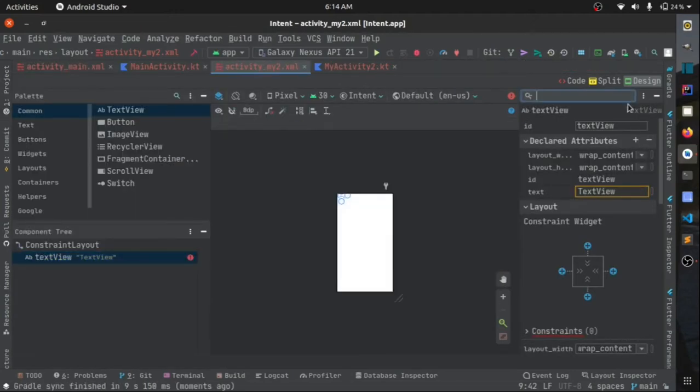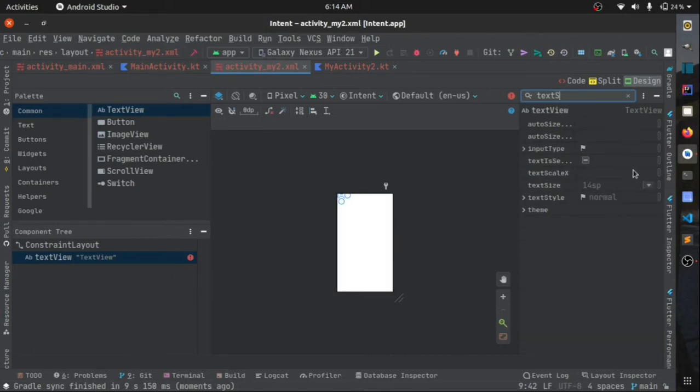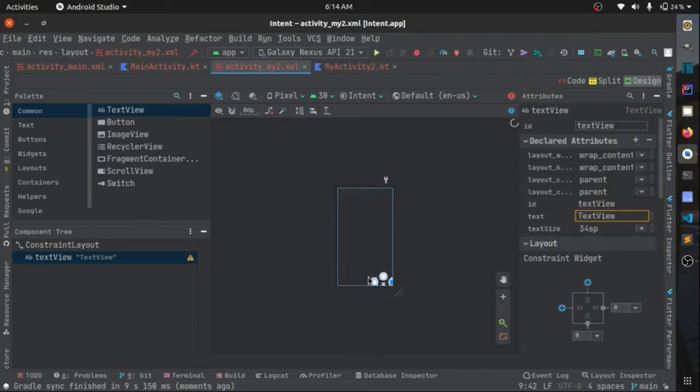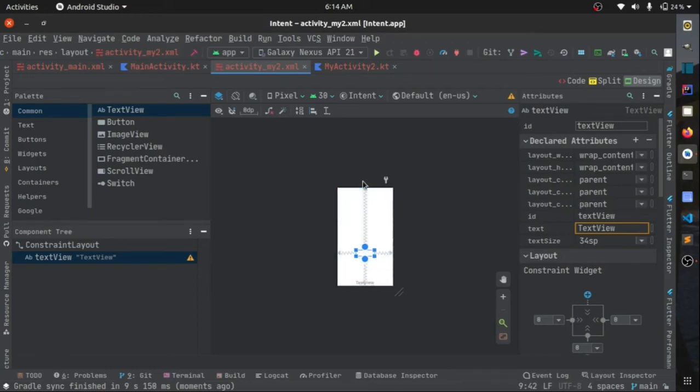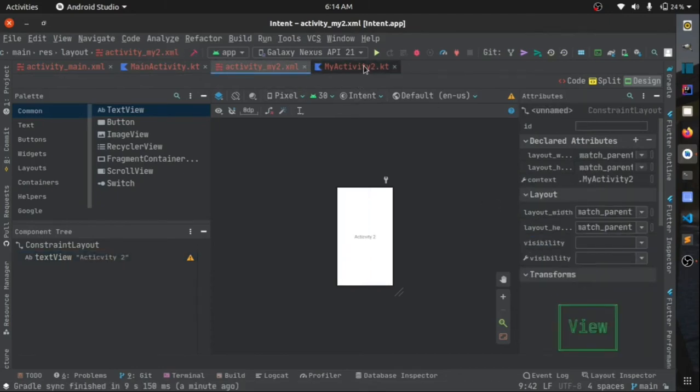We'll change the text size to 34 sp, then constrain it to the center by constraining to all sides, and we'll change the text to activity 2. Okay, we have finished building my activity 2.